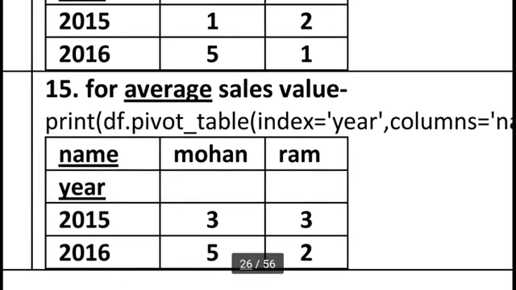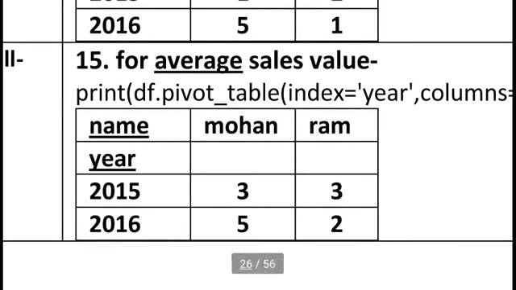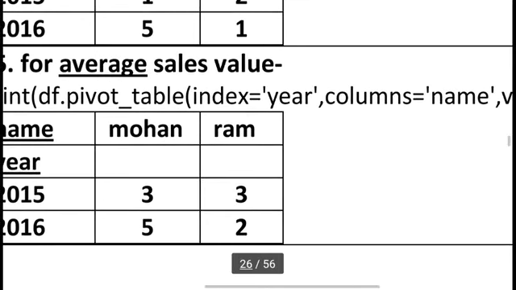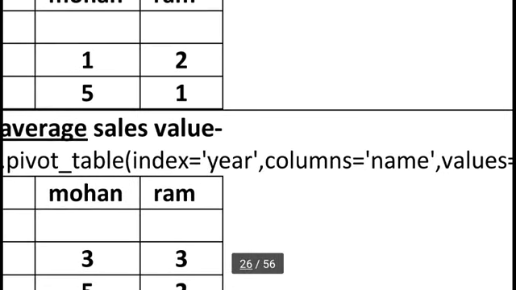So we have two angles. Last time I used name in pivot row and year in pivot column. This time I used year in pivot row and name in pivot column. So instead of year or names you can use item names, there are so many things you can change. Simply index is equal to, you can put your item names, and in columns you can put year.